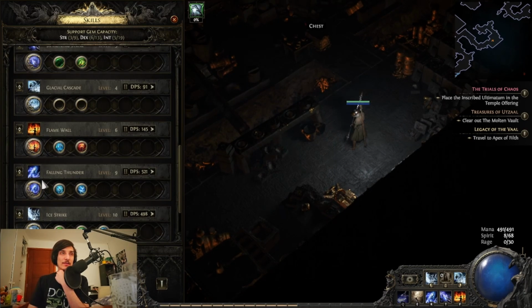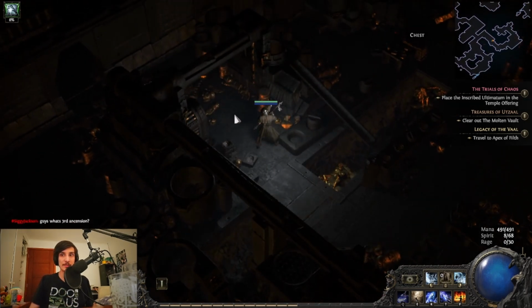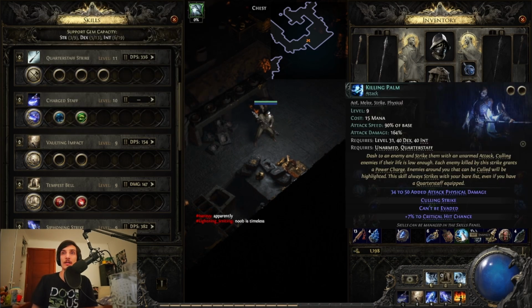Not only does it do a lot of damage, but it also blocks enemies. So if there's a little hallway, just like this little place right here, you can just put the bell down. They can't attack you, and you can just attack the bell, and everything around you will die. It's absolutely insanely good. Then afterwards, whenever you get Charged Staff, you can start using your Killing Palm, which will